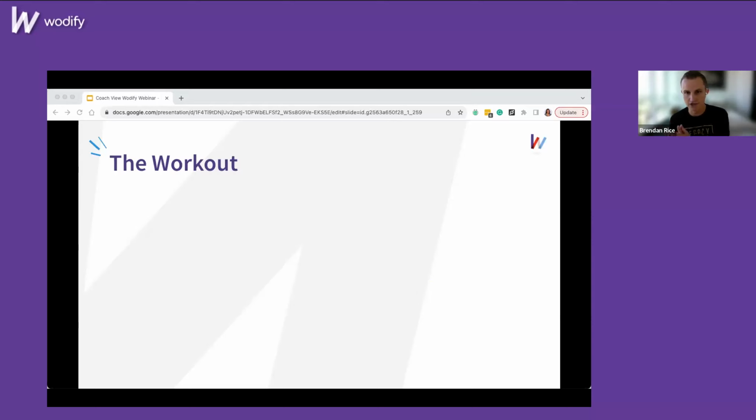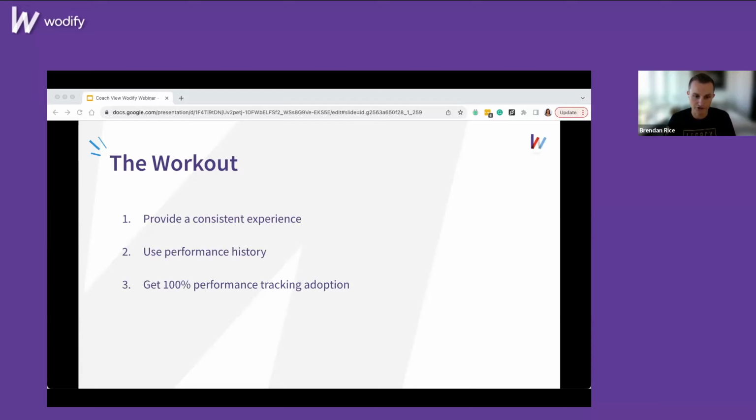The key features I'm going to have Hung walk through are how to maximize your use of coaching notes for a consistent class experience by reviewing those coach notes right before class, how to customize classes with performance recommendations using both group and individual metrics. This will go into that feature that Bailey showed us designing, the percentage of 1 rep max slider, how to increase retention by making sure every single client tracks their performance results, and then lastly, how to use videos and photos to provide visual feedback and help clients improve form over time.